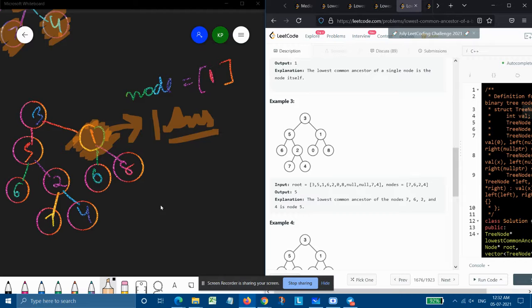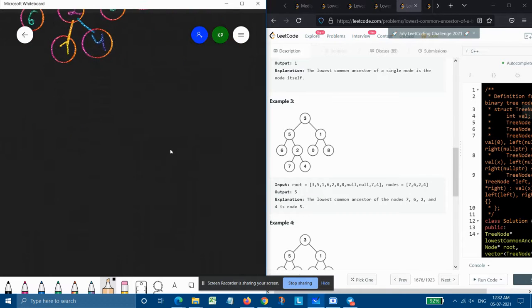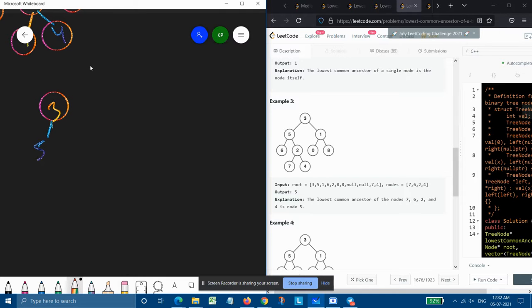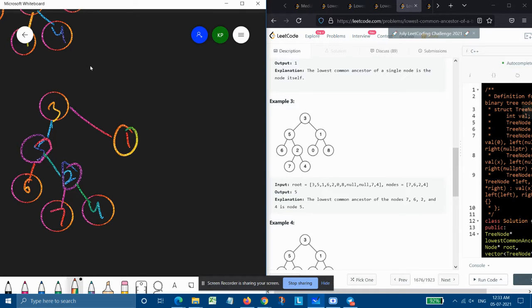In this example, we are given four nodes. The tree is again the same: 3, 5, 6, 2, 7, 4, 1, 0, and 8. Now the nodes are 7, 6, 2, and 4.